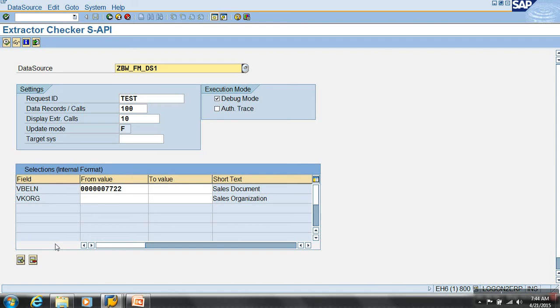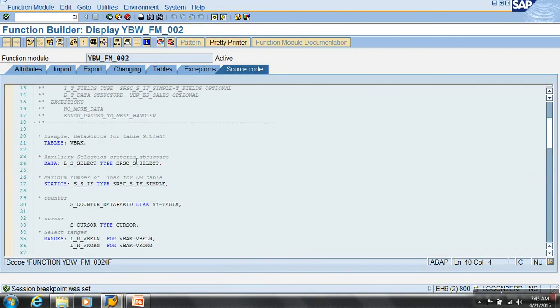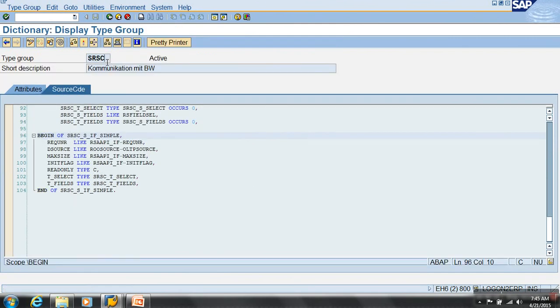Okay, fine. So will you be able to answer those two? That name you can change, but the type that was used to declare it is a fixed one. It's already declared. Can you change that declaration? Which is static. This one is already declared in this SRSC type pool.